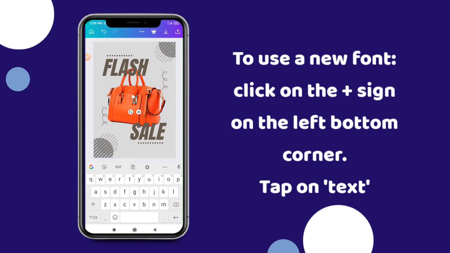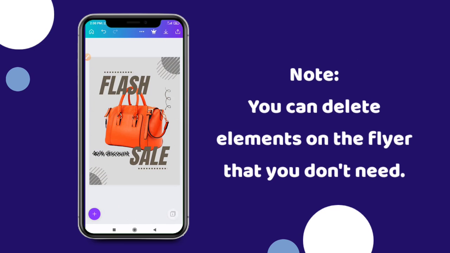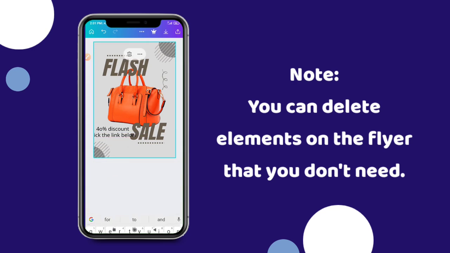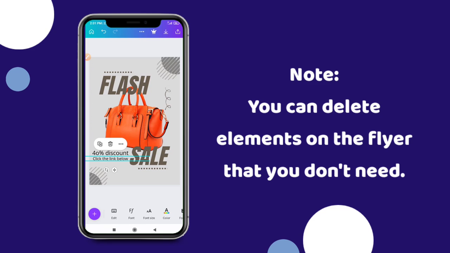40% discount. Okay, so I can put it here. I could even delete this element. 40% discount. Click the link below. So I can reduce the size. And that is it. Now I can still work on this text with the numerous options,